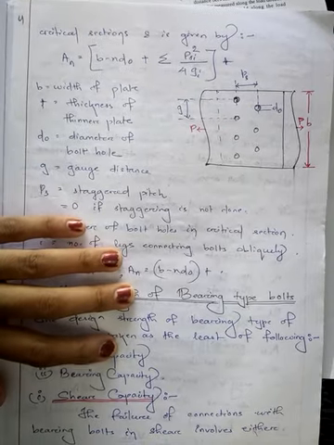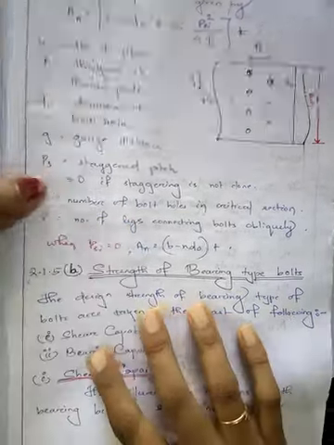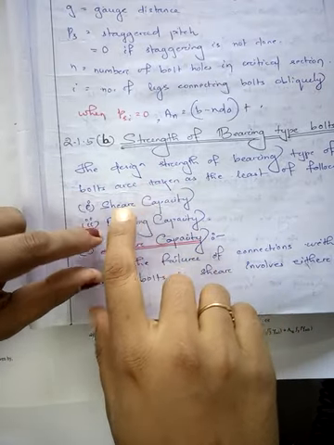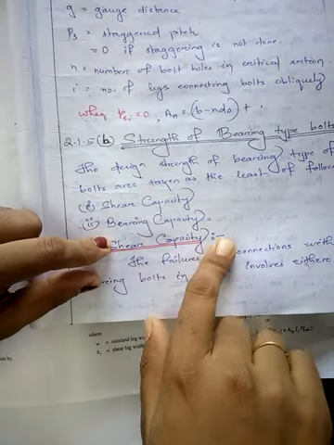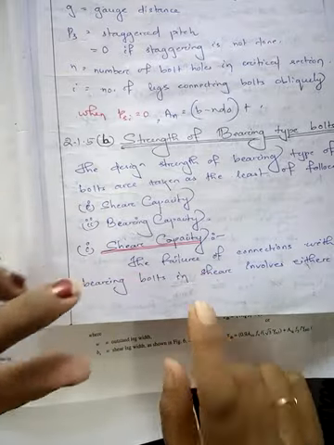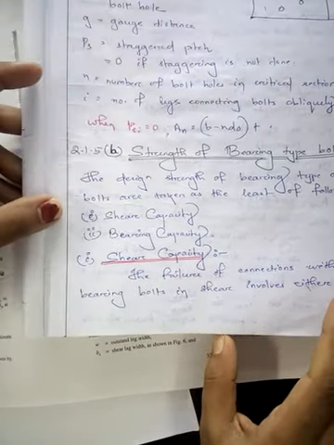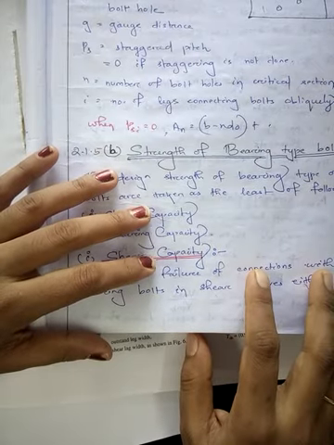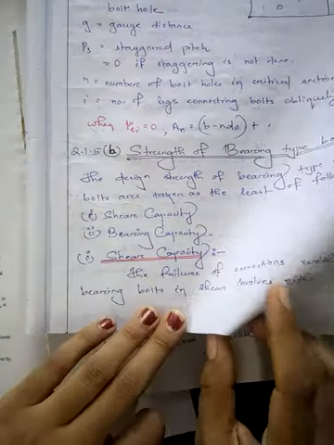So let us take the formula and the criteria for finding out shear strength and bearing strength of bolts. As you can see in my copy, here I have listed the two types of strengths of bolt. One is shear capacity, second one is bearing capacity. And as you have seen now, shear capacity is how a bolt gives its shear strength to resist the slippage of two plates from each other.